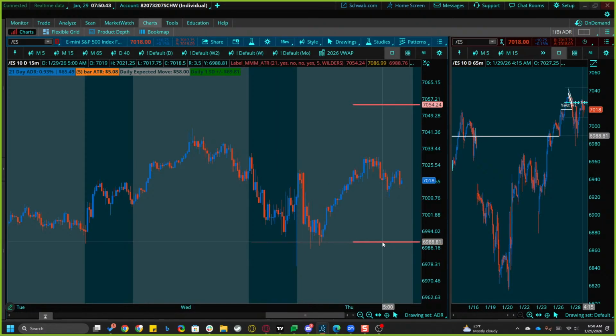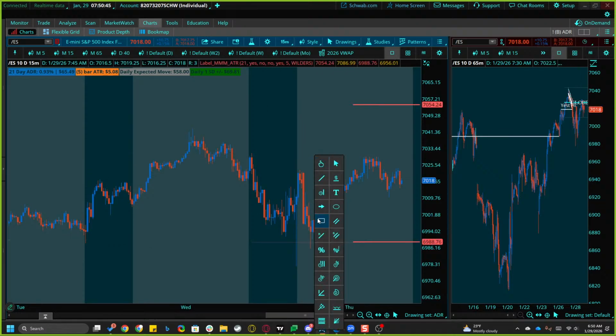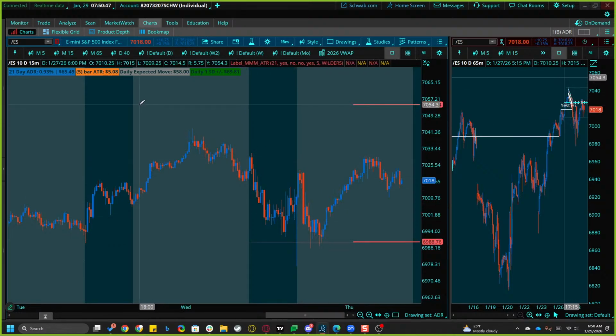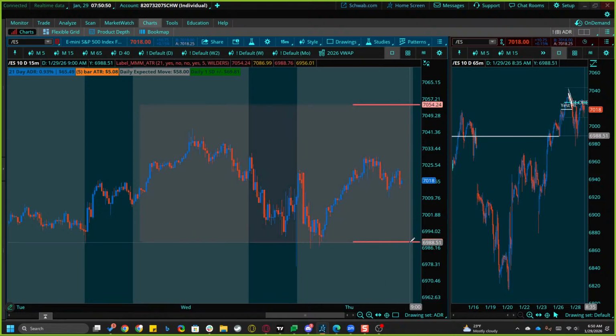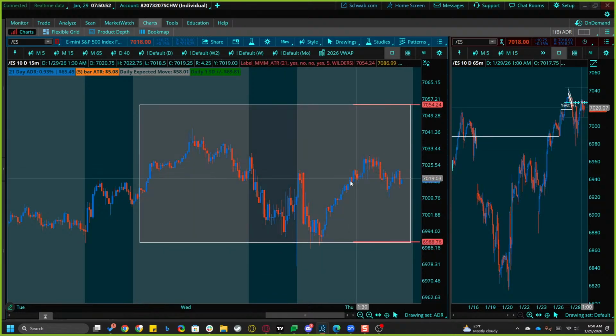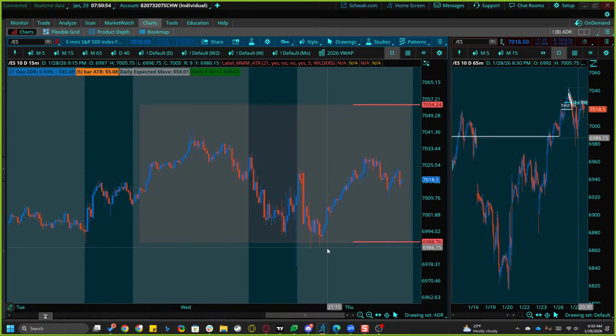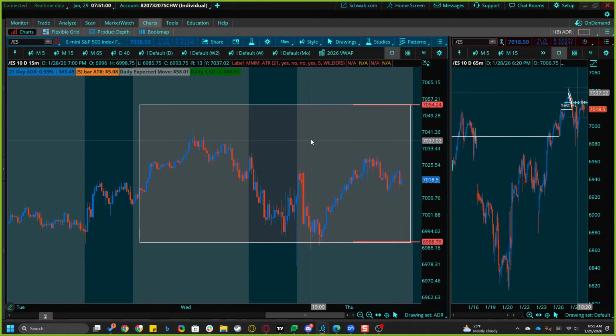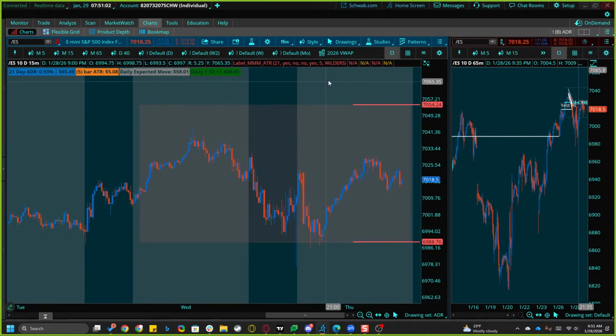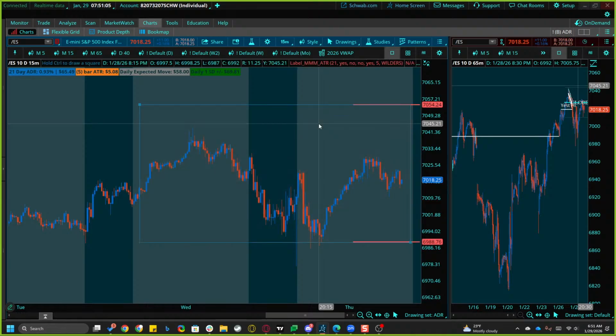Crazy as that sounds. The other side of the whole thing is we're still expecting to stay inside this range today. We have no expectation that we're going to get out of this box other than the reversal, right? So if we break out of the low, I'm planning to flip it over and come back in again. If we break out of the high, I'm planning to flip it over and come back in again. That's my trade plan for today.